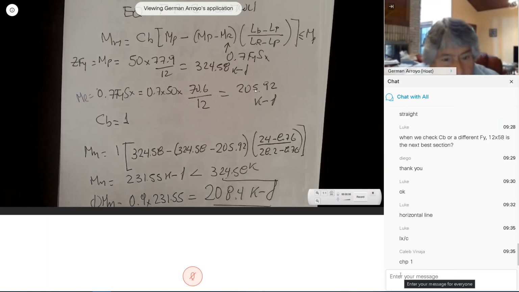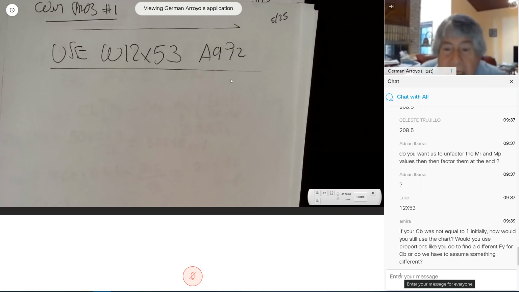If you see one not equal, how will you still use the chart? Okay, look, we're going to solve a problem which is different than what is in the textbook, and